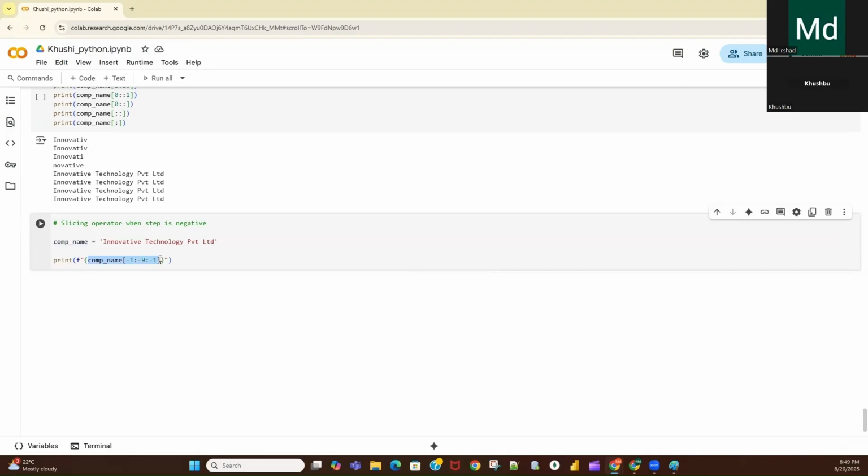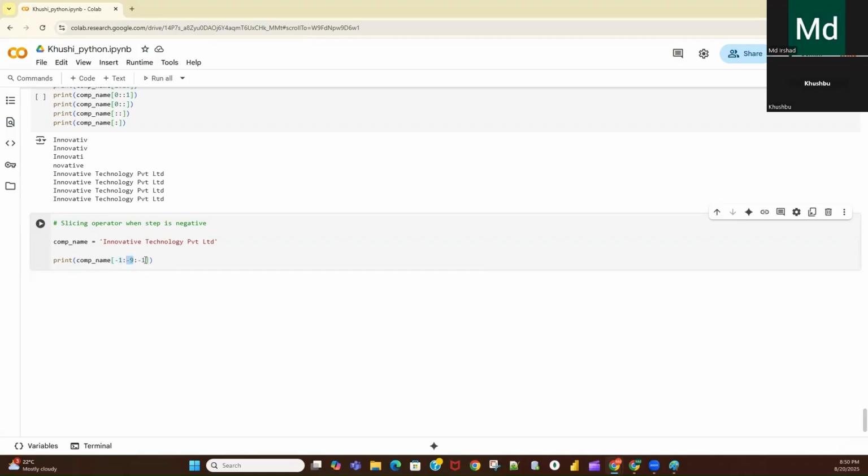Forget this one, we'll talk about this later. So this is the slicing operator. Here the step is negative, this is your start index, and this is your end index.